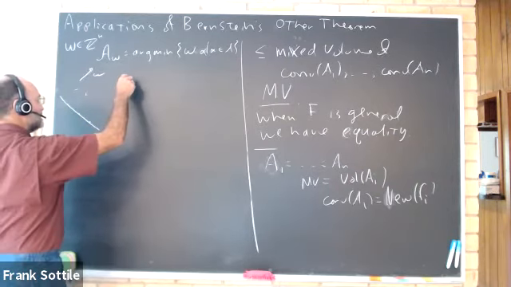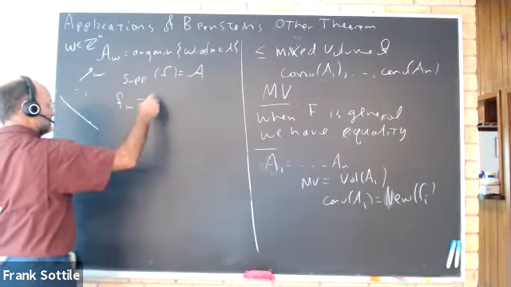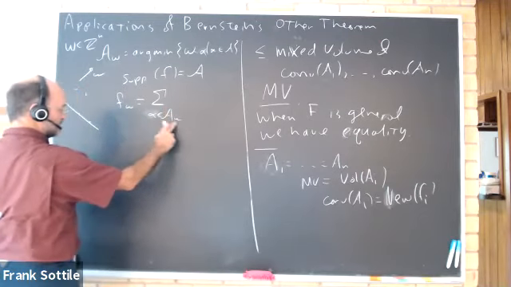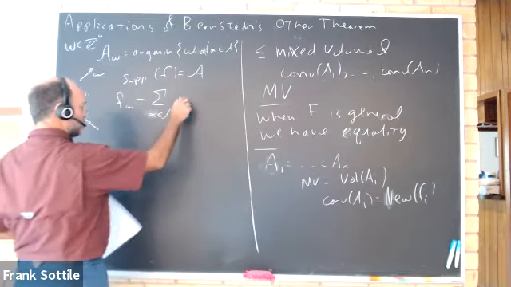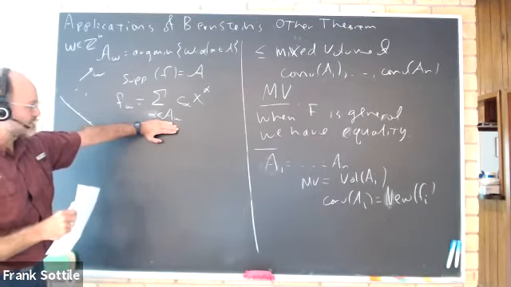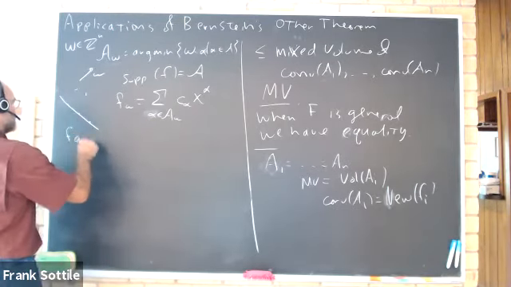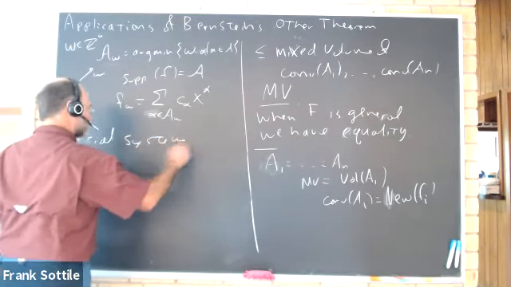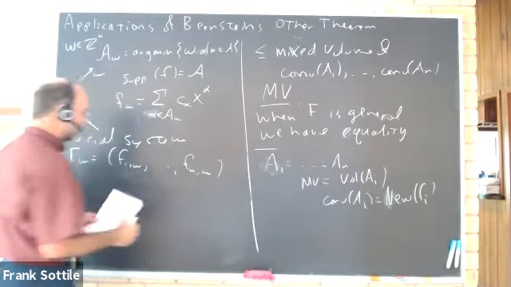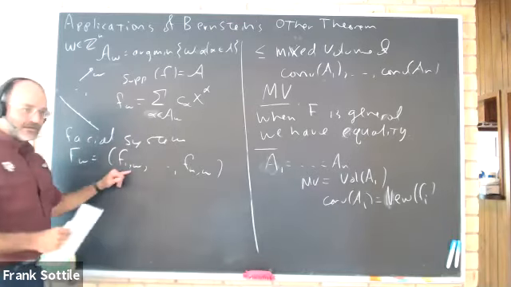And then if the support of F is A, then I'm going to write F sub W to be the sum over the part of the support where the linear function is minimum, and this is the part of the polynomial which is supported on that face of the support of F. And then, as we have our system from Bernstein's theorem, a facial system, which I'll write F_W, this is F_1,W up to F_n,W. Take, for W, the facial polynomial, the part of the polynomial supported in the face, and this is the facial system. Now, one thing to notice,